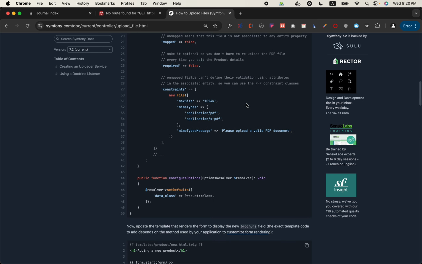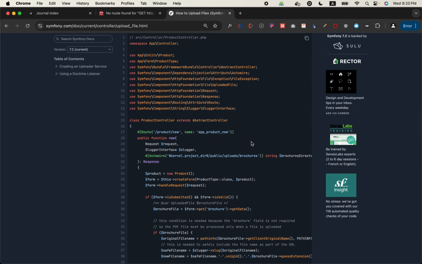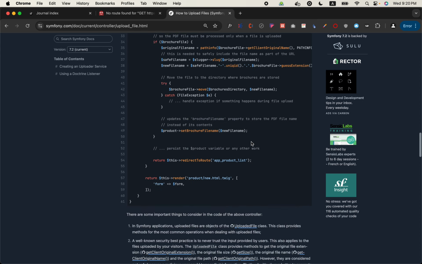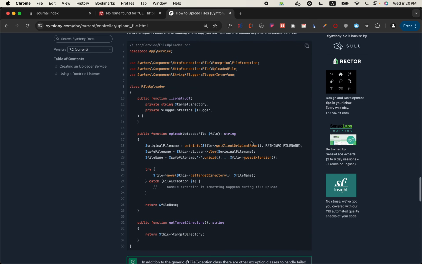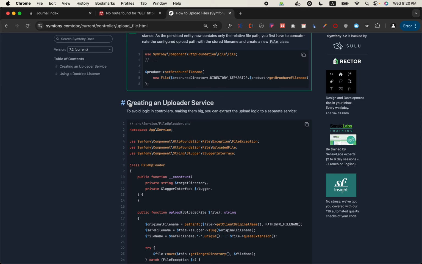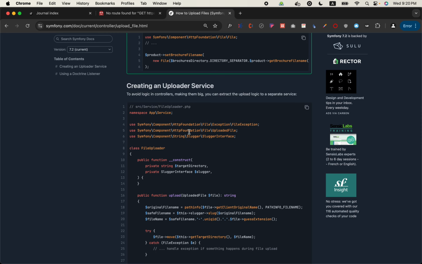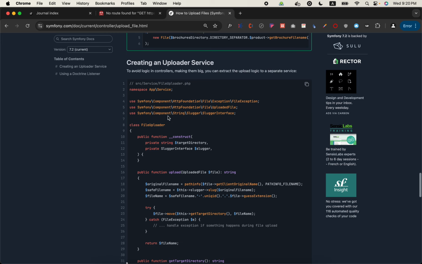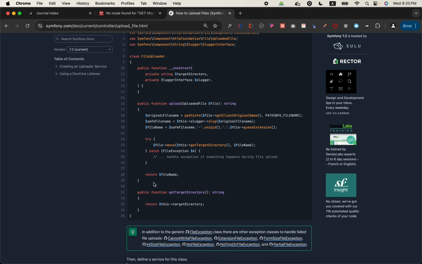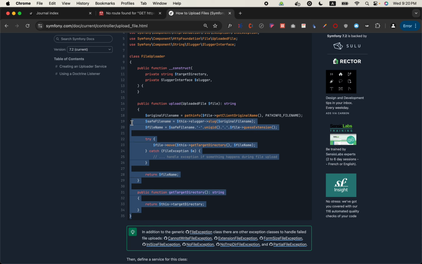All of this that we studied is here, and now we are creating an uploader service. So this is what we are going to do now. We'll create a file uploader in the app service. Let's quickly do it. I will copy all this